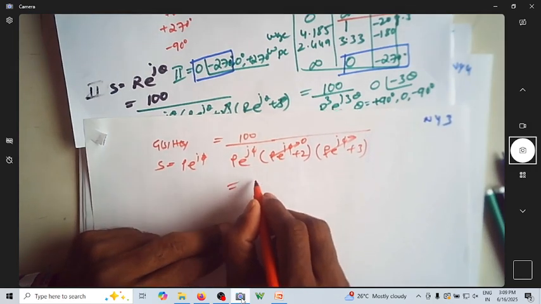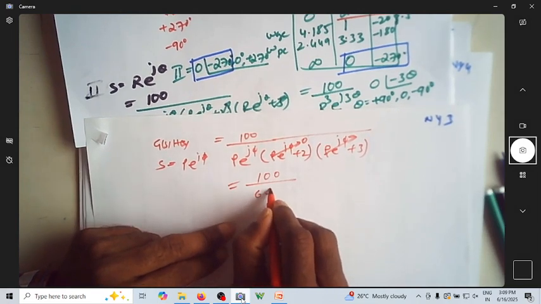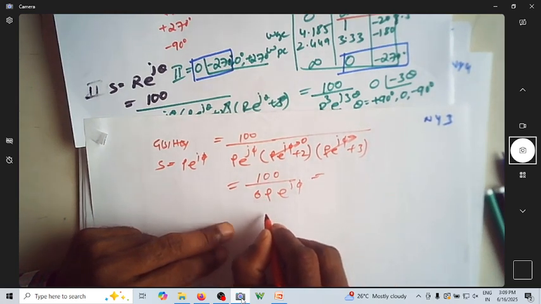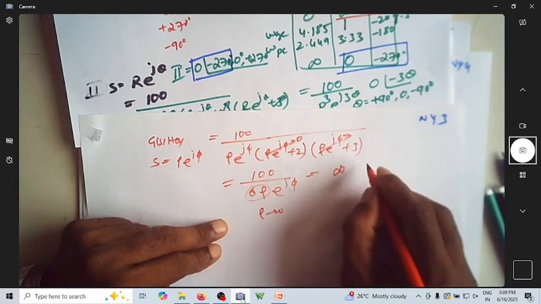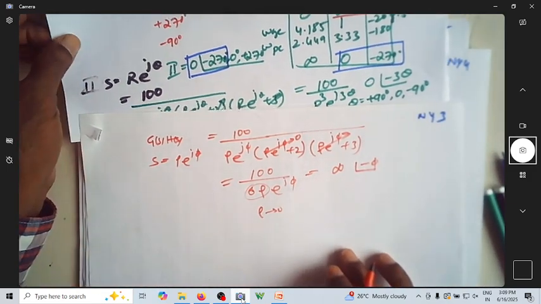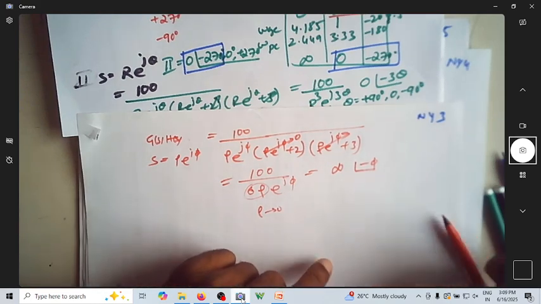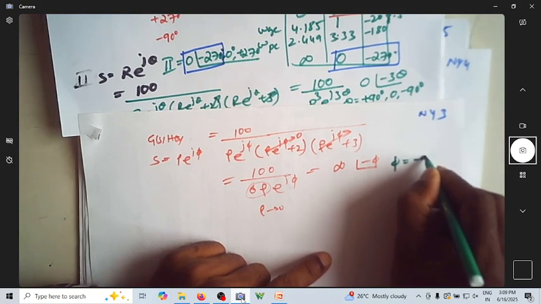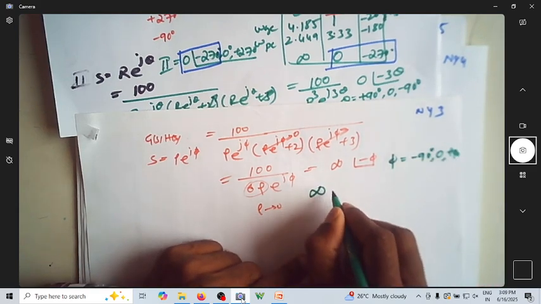Now what will happen to this? This will become 100 divided by 6 rho e power j phi. So when rho is tending to 0, this will become infinity at an angle minus phi. But what is phi ranging from? Phi is ranging from minus 90 degree, 0, plus 90 degree. So this will become infinity at an angle